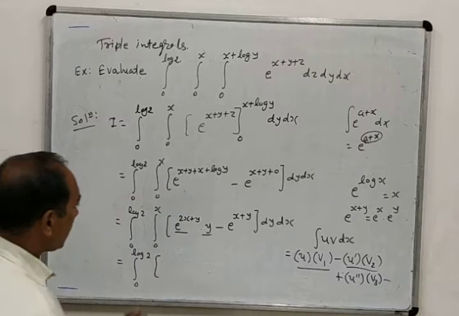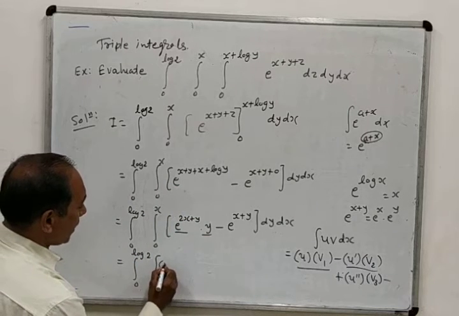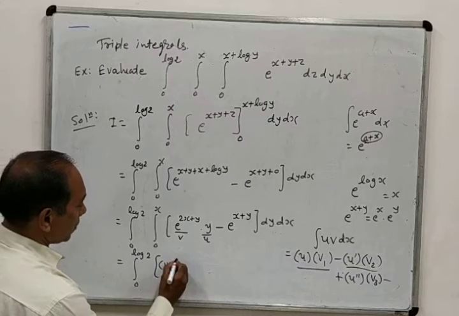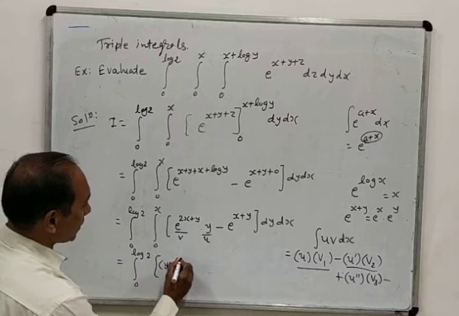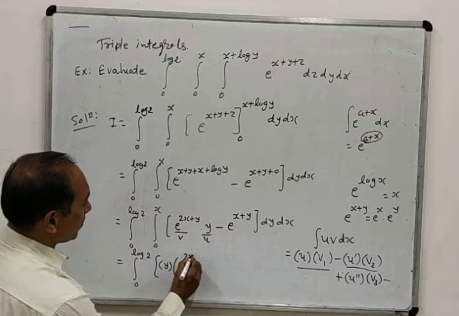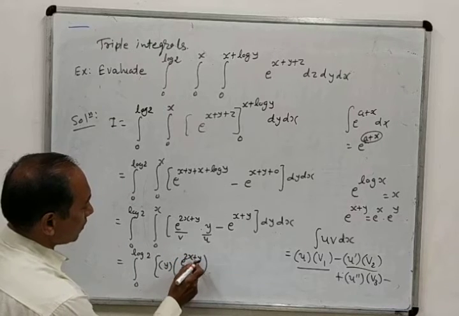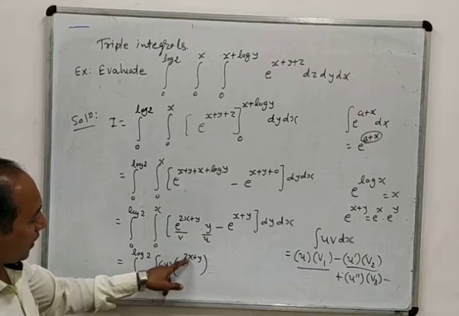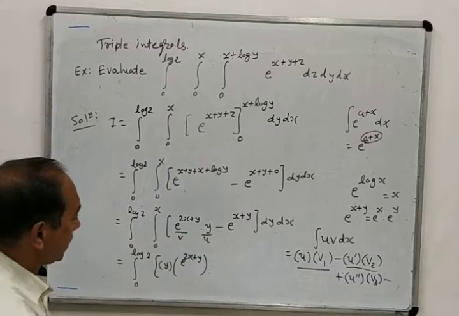So here you can see we will keep y as it is, y we will consider as u and this as v. So v as the integration, that means y as it is, and the integration e raised to 2x plus y only, because the derivative of y is 1. Derivative of y is 1 and 2x as the derivative is 0. The integration is with respect to y.